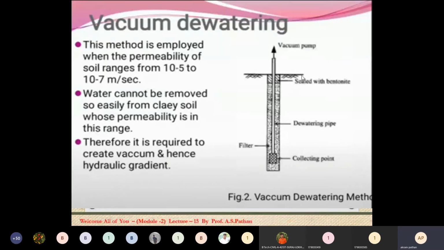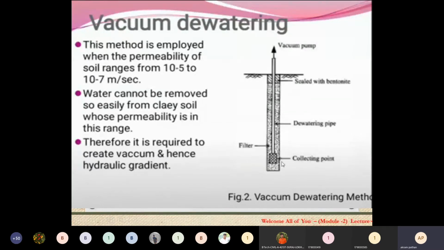Specially, what we have to do in this case: water cannot be removed easily from the clay soil whose permeability is in this range. Therefore, it is required to create a vacuum and hence the hydraulic gradient. So, how is the vacuum created? If you see here in case of the vacuum dewatering,